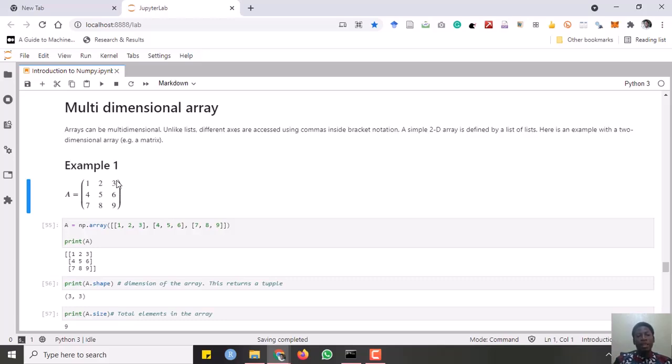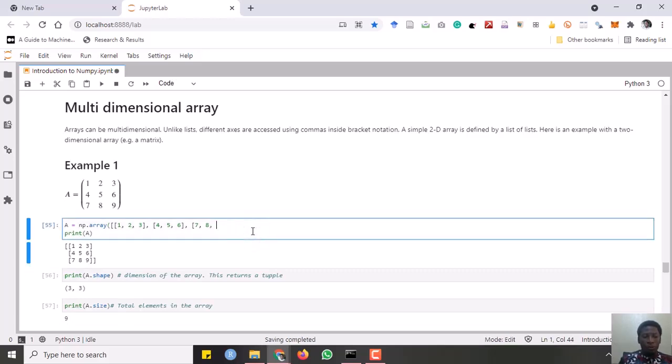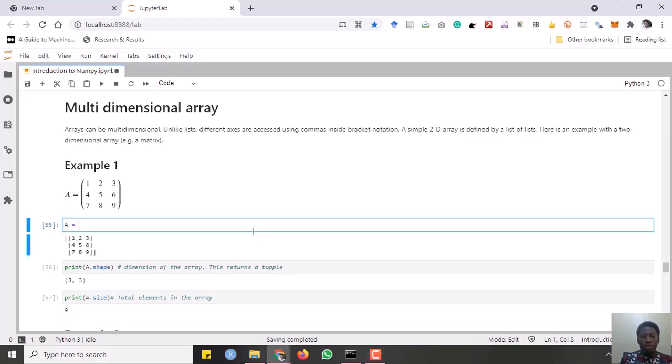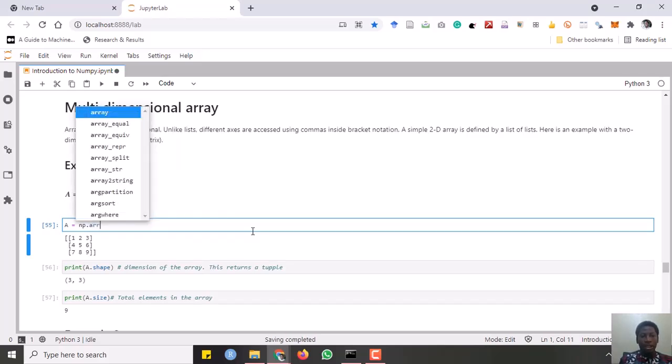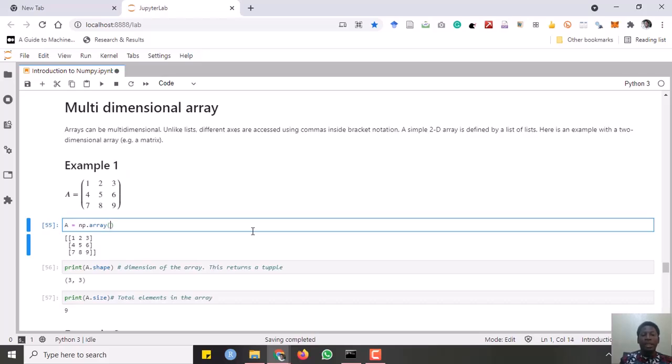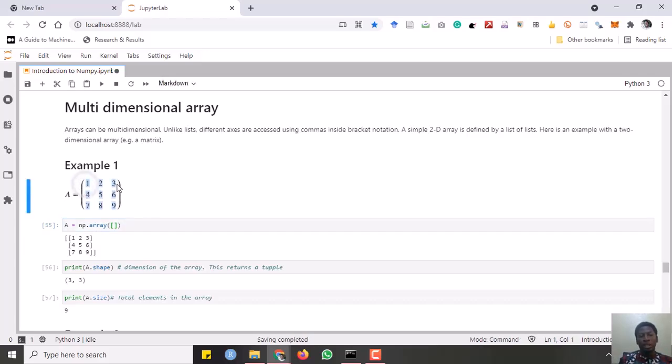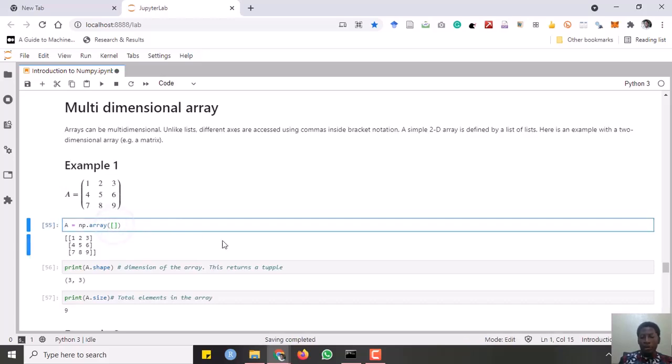So let's see how we can create this two-dimensional array. To do that, what we do is first of all use a is equal to np.array to create your array function. Array, as you can see, you close the parentheses and you put a list there. First of all, you put a square bracket, ending it with another square bracket. Then inside that square bracket, you start creating a list for each of these rows. I will start with this, I will open this one here, then type a list, that is 1, 2, 3,